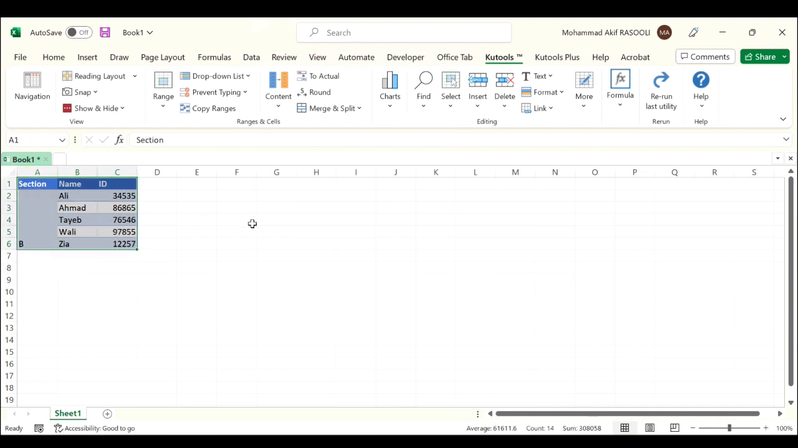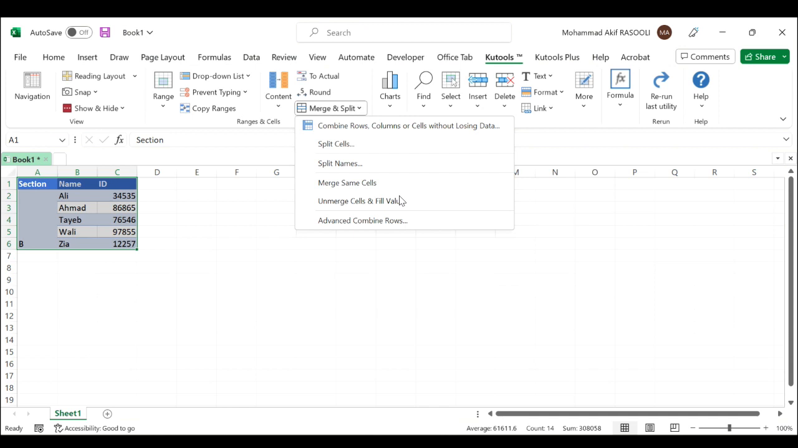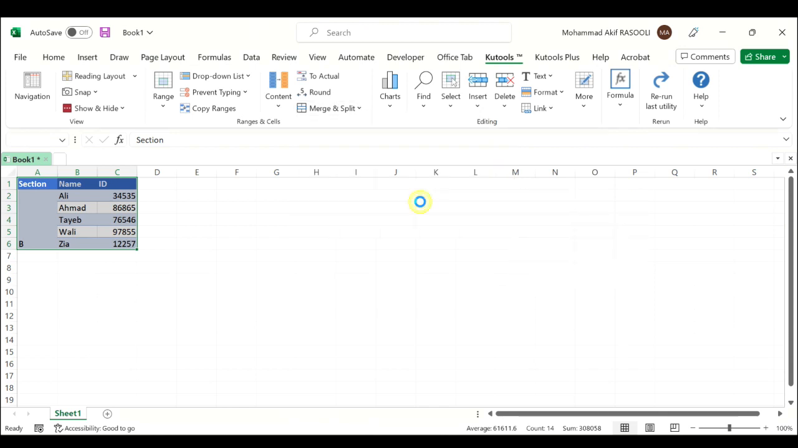And if you want to unmerge the same cells, again click the Merge and Split drop-down list and select the Unmerge Cells and Fill Value. As you can see, the merged cells are